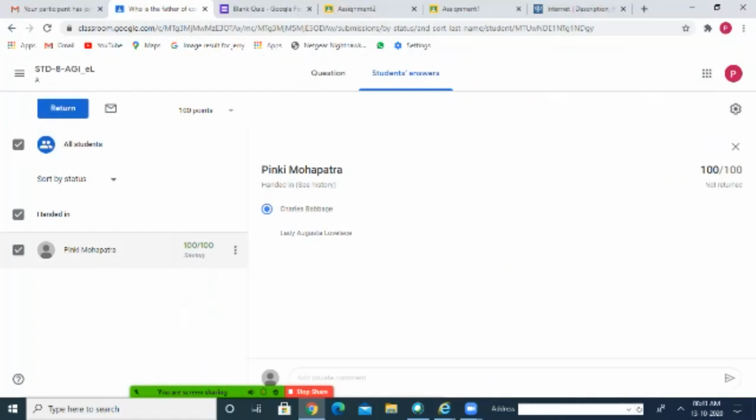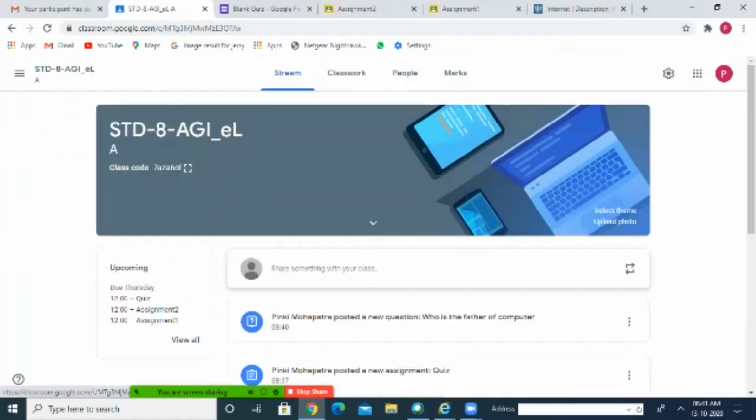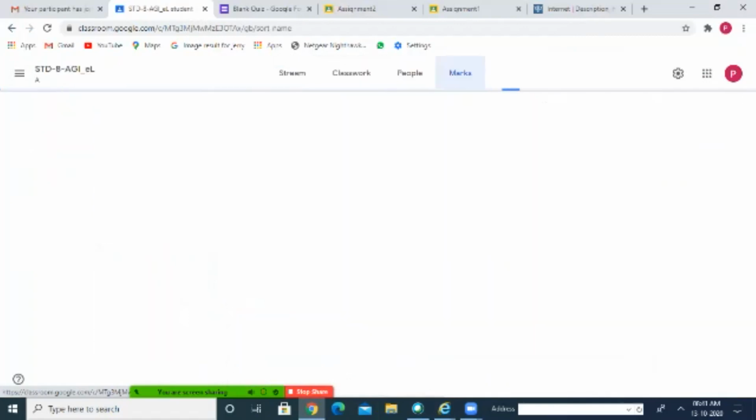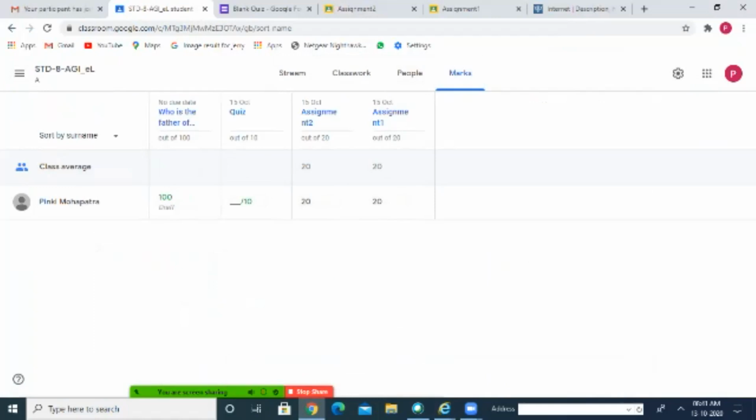Okay, as I had not changed the point, it was showing like this. Now I am going to the last one, the marks. All these 3 I have already explained. Now I am going for the last step, that is marks. Under the marks, I can see whether marks have been assigned to the students or not. Here you can see I have already given the marks to the students. If I have not given, I can give the marks right away here. So here I can give the marks for the students also.